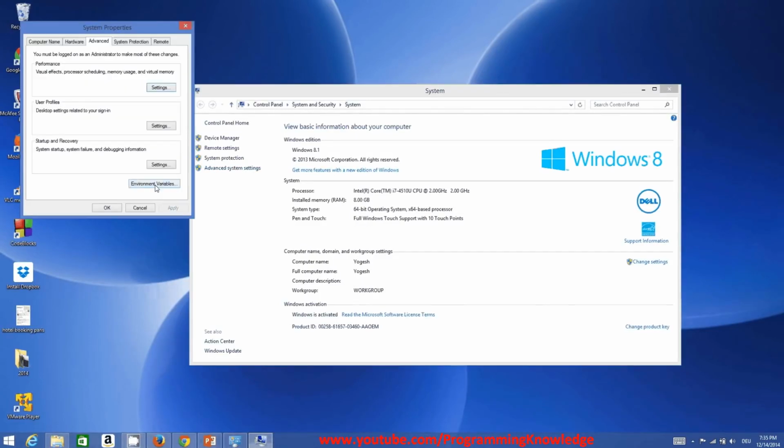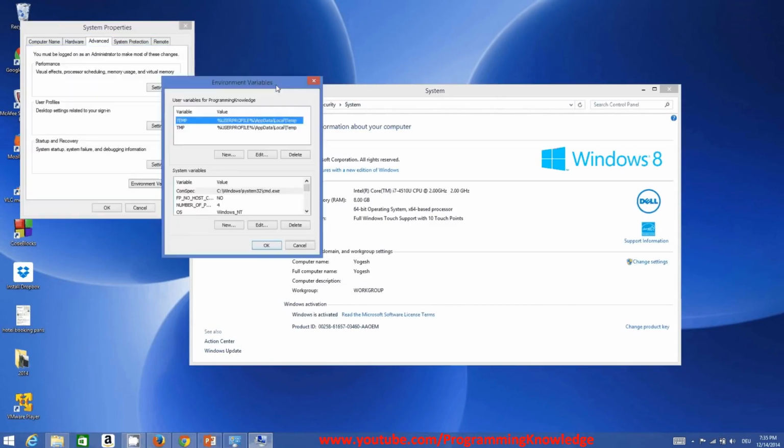In the environment variables, in system variables, you will be able to find a variable called Path. You just need to double click this Path or click the edit button,